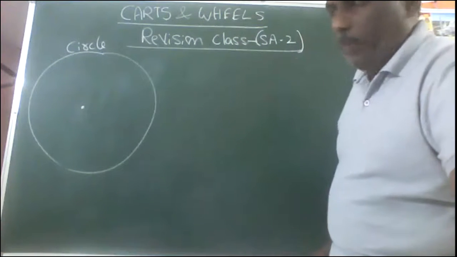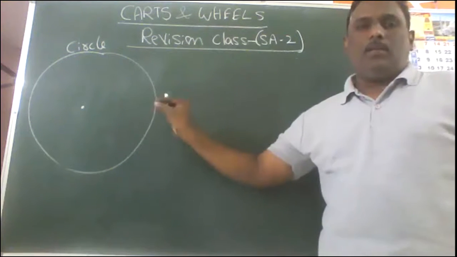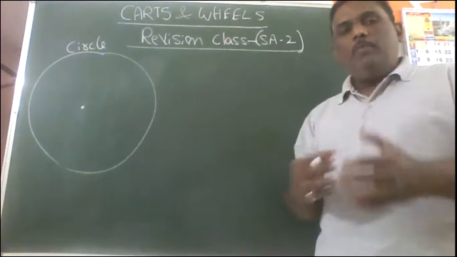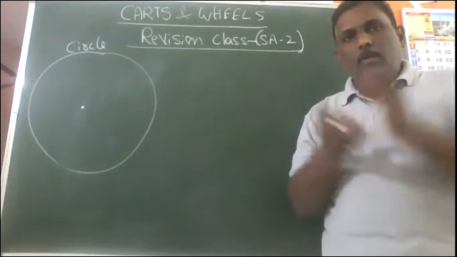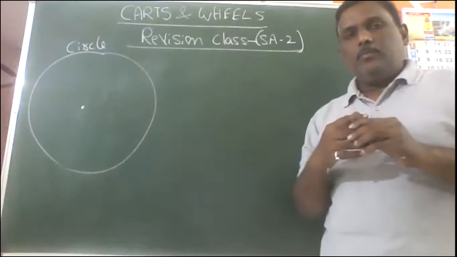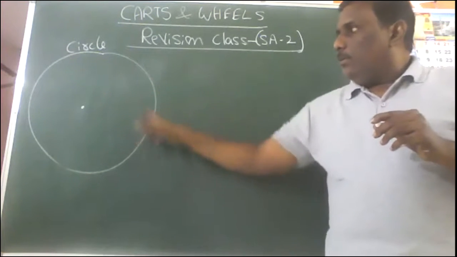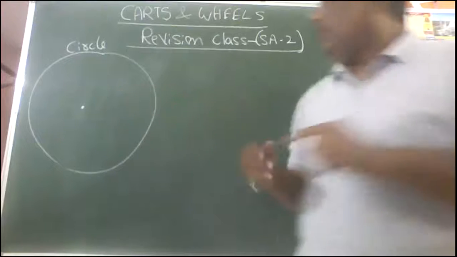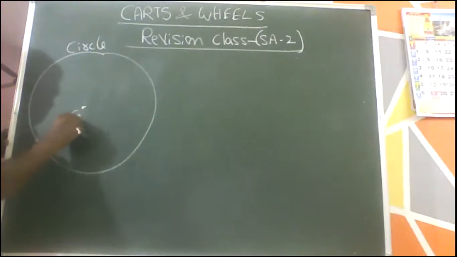Before we go for problems, let me introduce once again what we mean by a circle. In your regular life, you might have seen many shapes which look like a circle. Some wall clocks look like a circle. So, the circle diagram is here. This point is always called the center point. This is called the center.